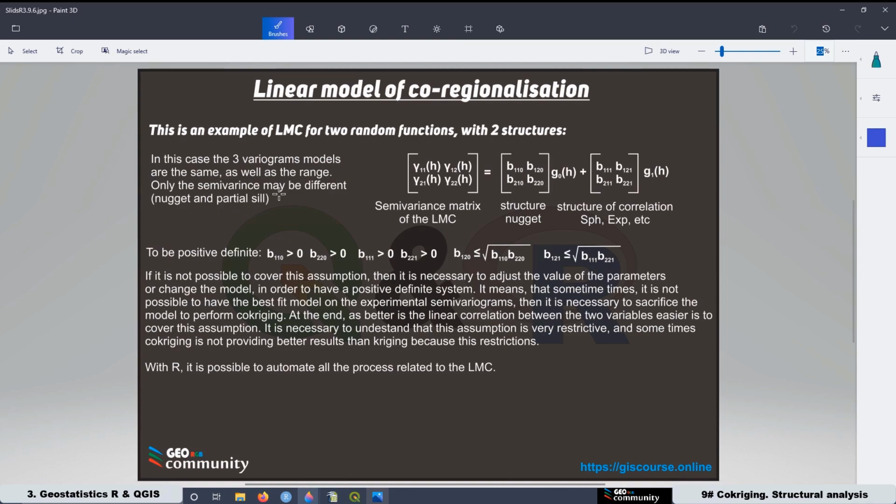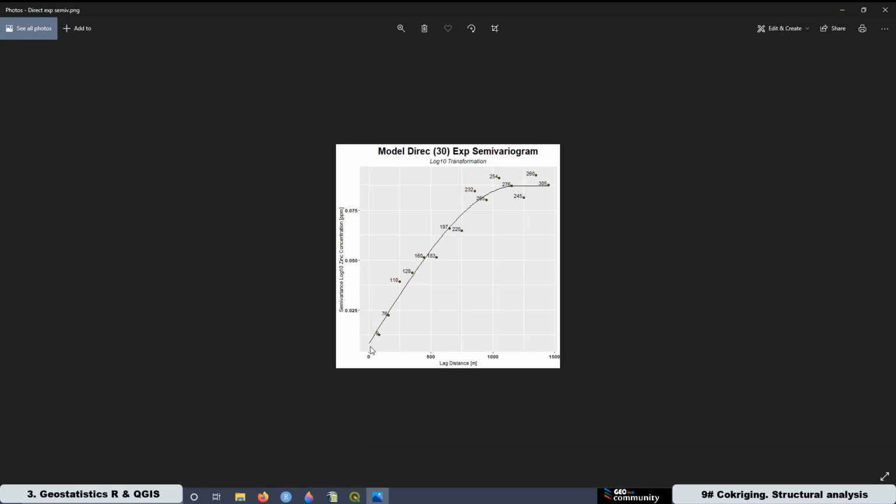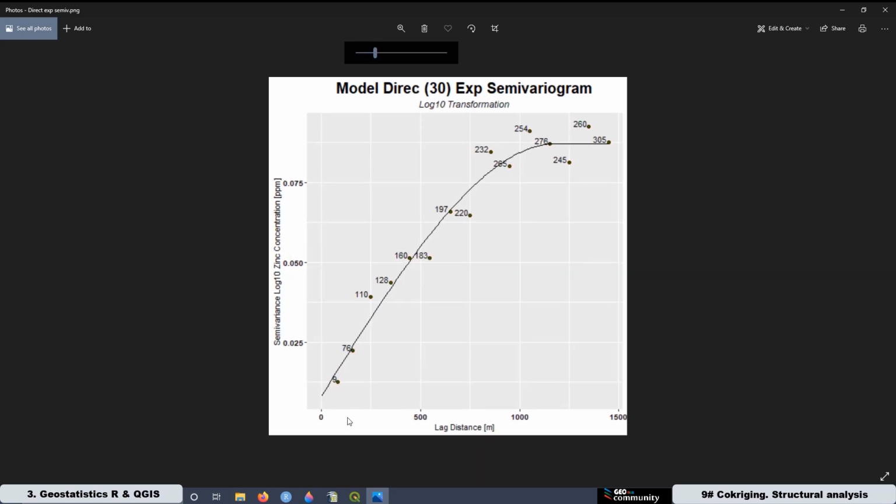Only the semivariants may be different, the nugget and partial sill. Remember that from here, let me make this one bigger. This is just an example. From 0 to here, we have the nugget effect. That's the first structure. And from here